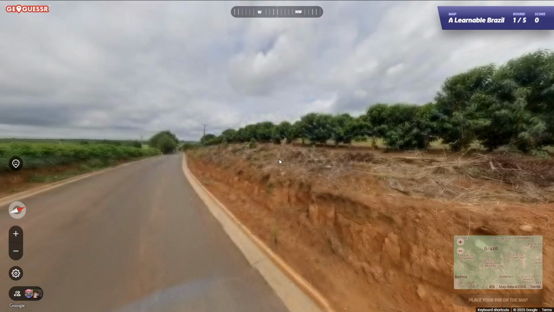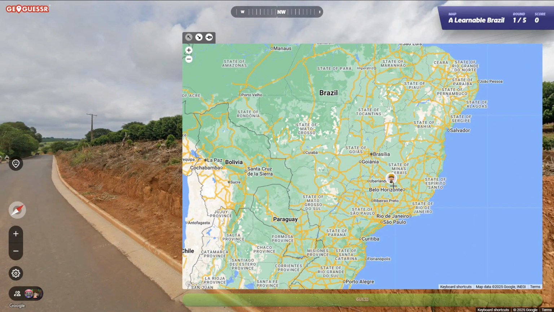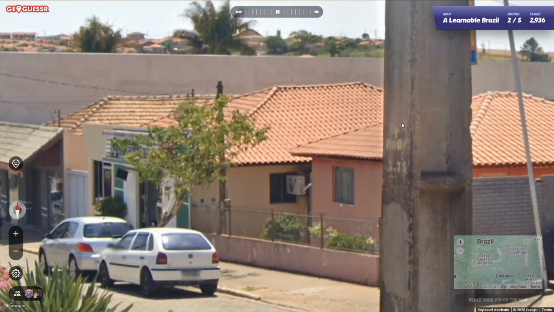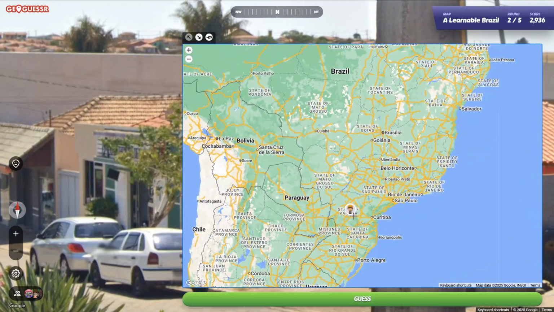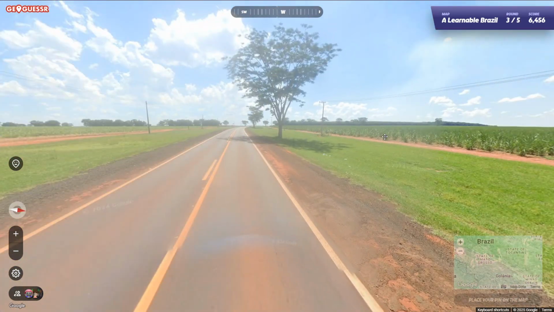There's no hills. Okay, we have coffee beans, so we already learned about this. Minas Gerais. Nice. Next up, Piranha pole marking. I think that was the first thing we got. Next up,